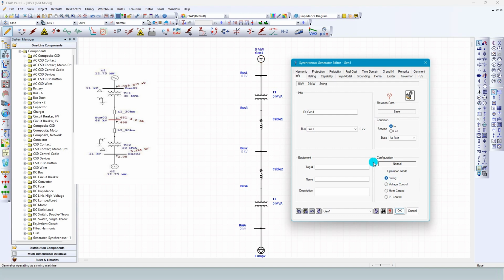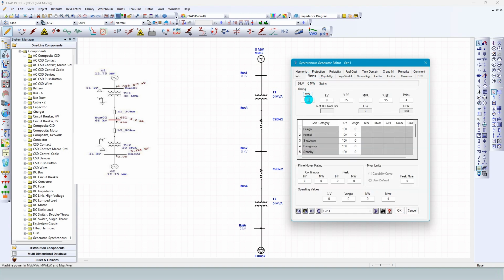From Info, select Services in, and the Operator mode is swing, otherwise the system will not operate. Change the rating for your system requirement.